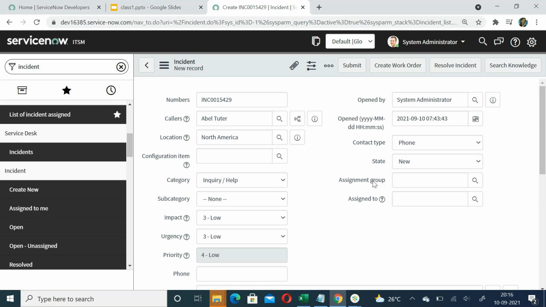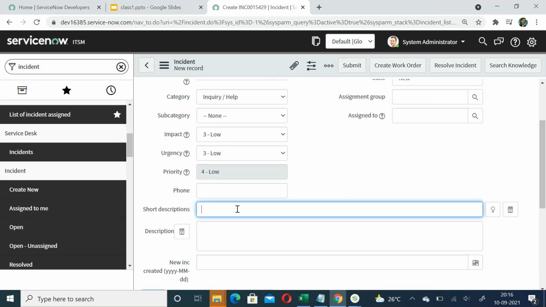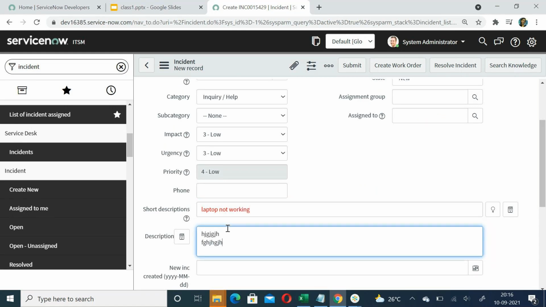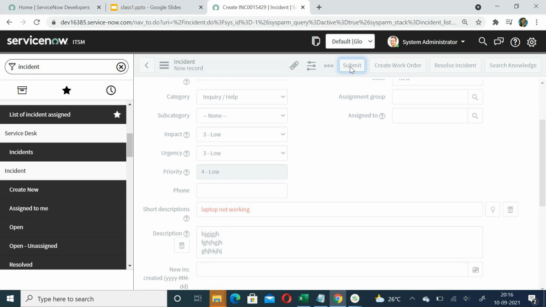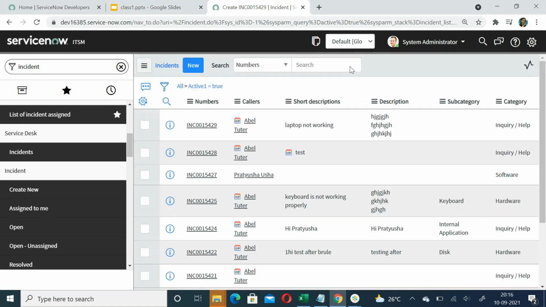So leaving that for now, and now I'm going ahead to prepare a ticket. So let's say I say my laptop is not working. And as I said in the description, I'm going to give more overview of it. When a person is done with the creation, he or she will be clicking on submit for that record to get created. So let me do that. So when I submit the record, as I told, now the moment you do submit, ServiceNow takes you, that's the default behavior of the tool,